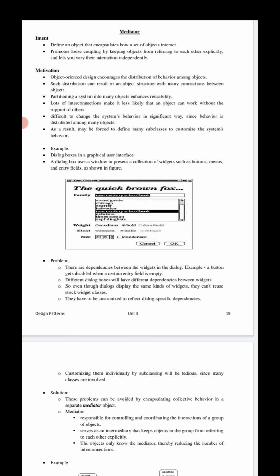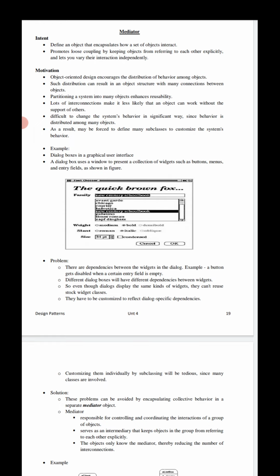Customizing them individually by subclassing will be very tedious, since many classes are involved. You can avoid these problems by encapsulating the collective behavior in a separate mediator object.